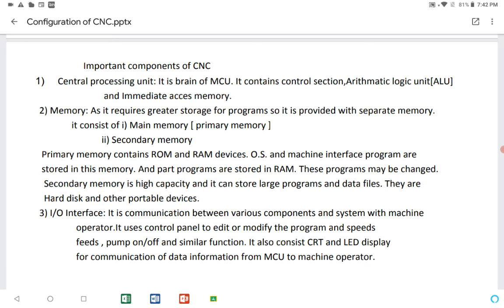It also consists of CRT and LED display for communication of data information from MCU to machine operator. Programs can also be entered manually by the machine operator or stored at a central computer site and transmitted via local area network to the CNC system.